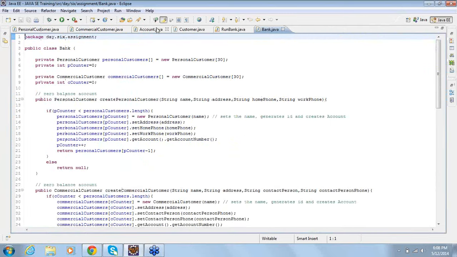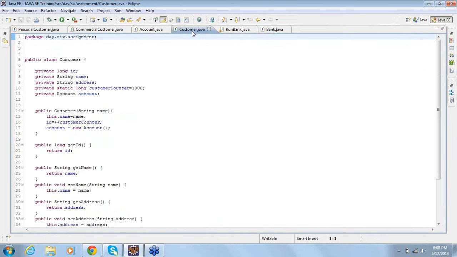So if you look at all the classes, there was a customer class with ID, name and the address, and also the account. The relationship between the customer and account is a has-a relationship.